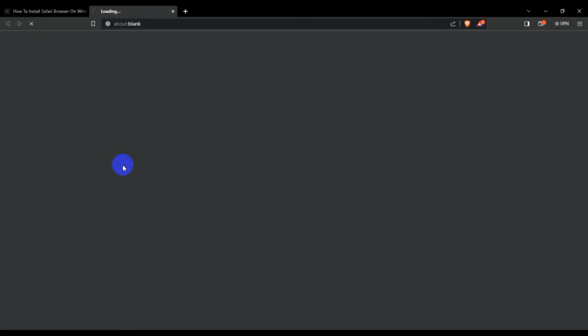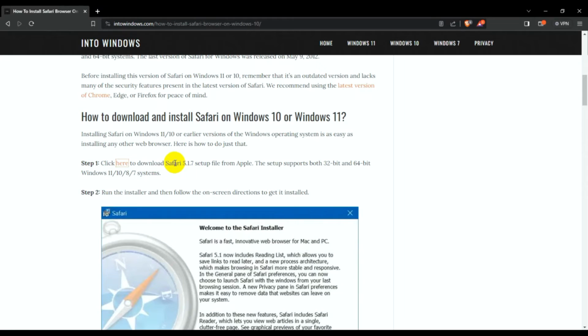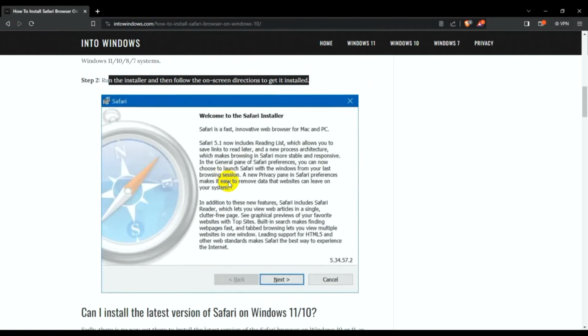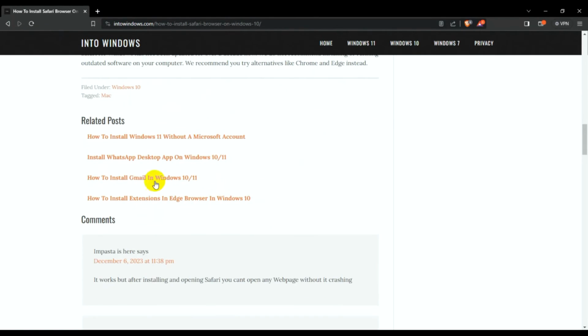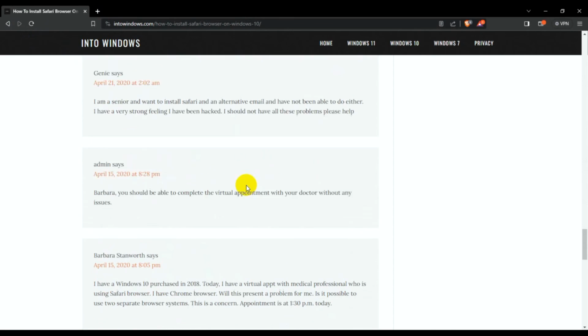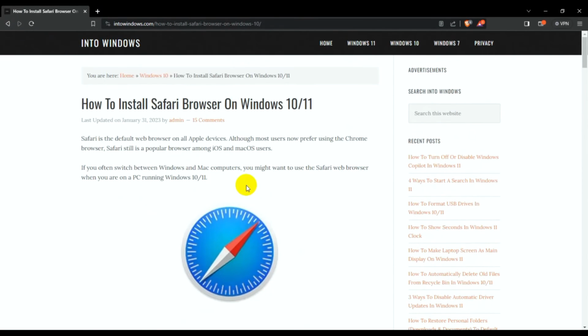Number 1, click here, okay, download the Safari browser and run an install process. So next, click next and install. So I got